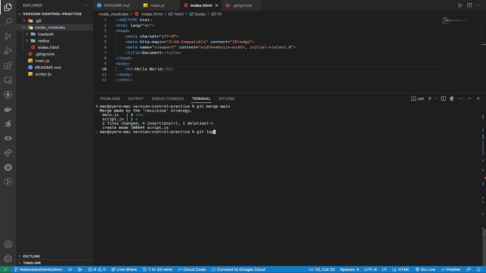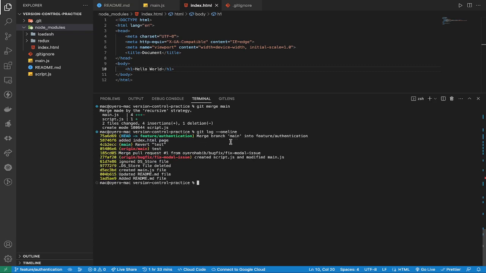So git log --oneline. Please see Merge branch main into this. And then if you check out to the main branch, and also git log,